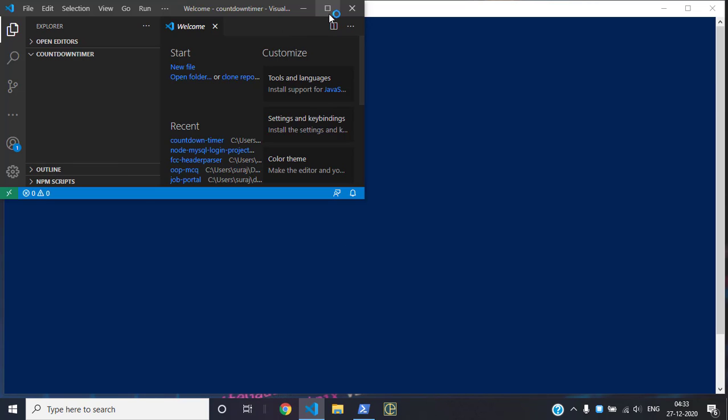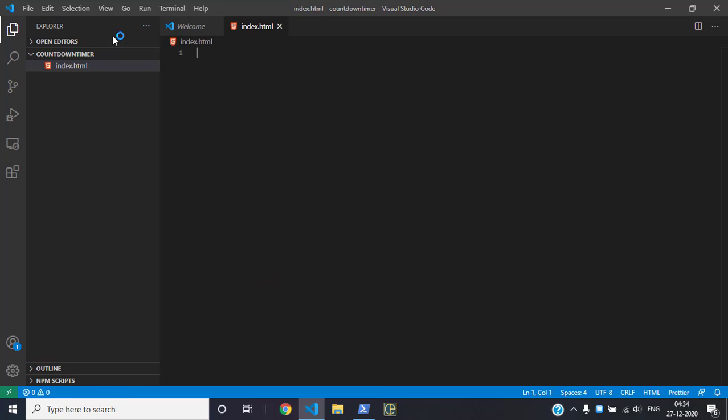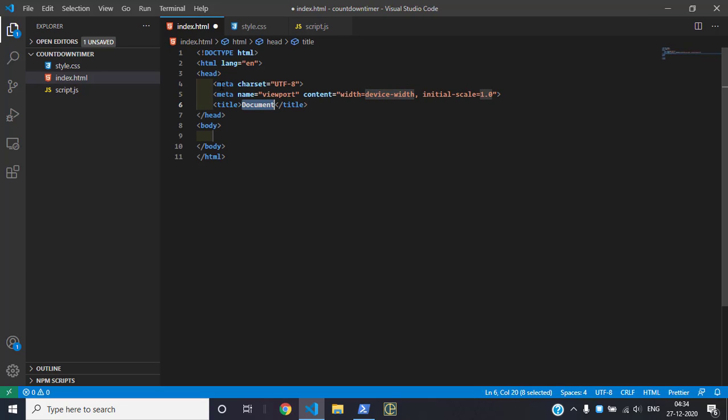And let me maximize this, and here I'm just going to create three new files. First one index.html, second one style.css, and third one script.js. And inside the index.html file we can give the title as countdown timer, new year 2021,